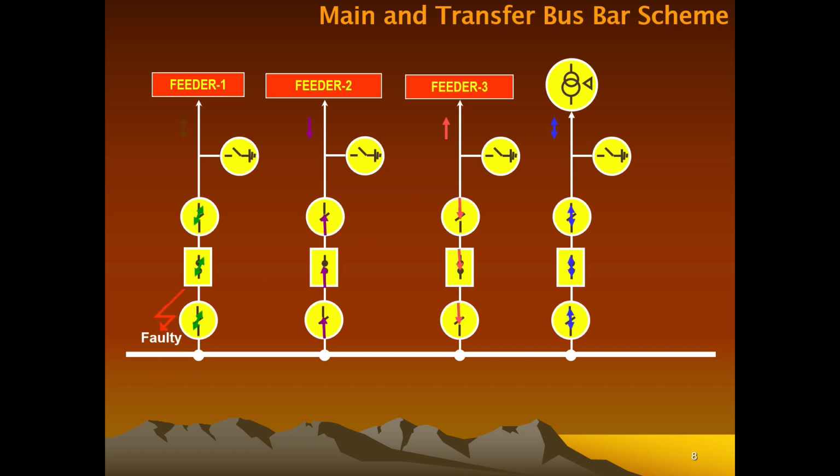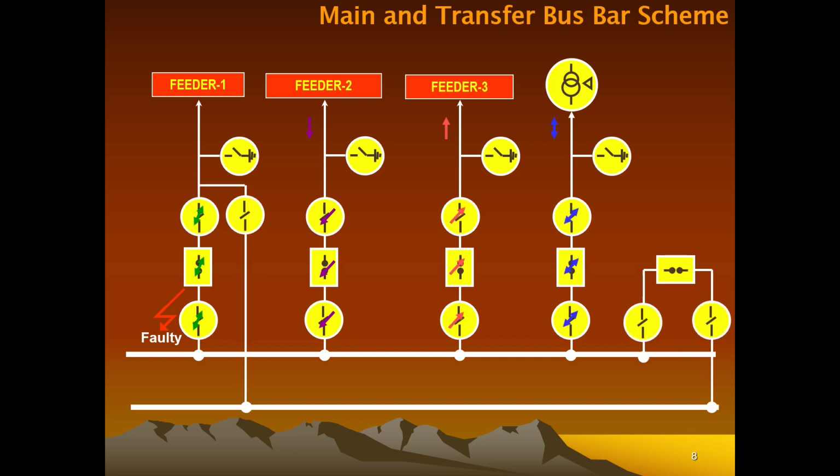Now there is a problem in this particular circuit breaker, and the feeder 1 power is disrupted. But we don't want any disruption in power flow. So what can we do? We can have a bypass arrangement. So we have another bus bar. This is our main bus bar, and